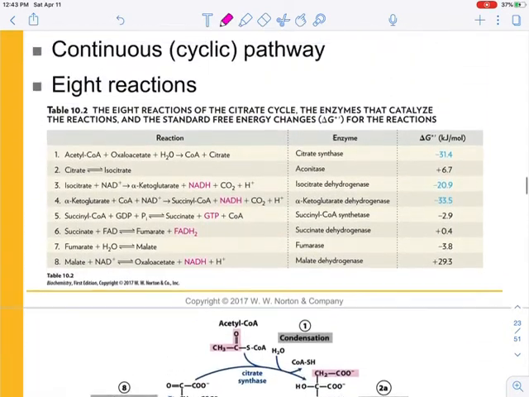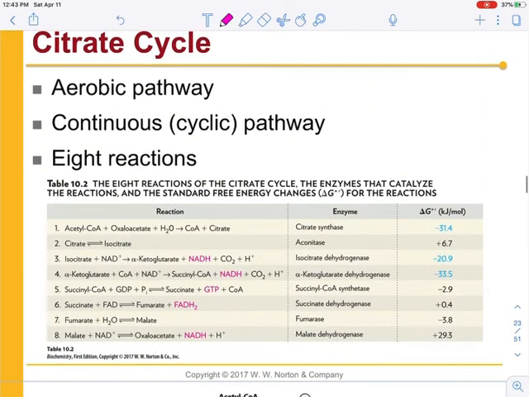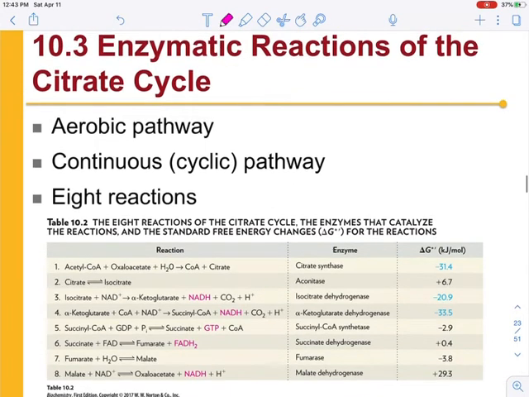Okay, I'll stop here. We're now prepared to go into the citric acid cycle, and so I will end this and then we'll pick up to do citric